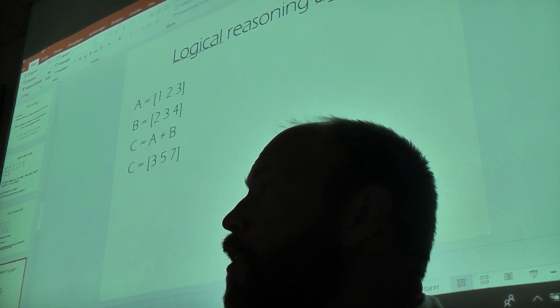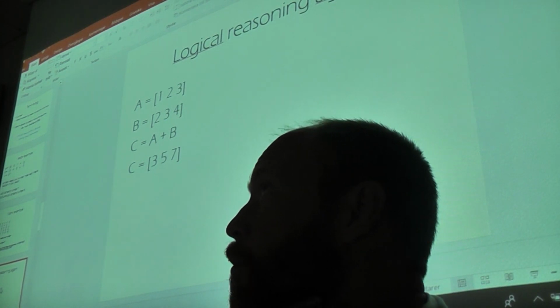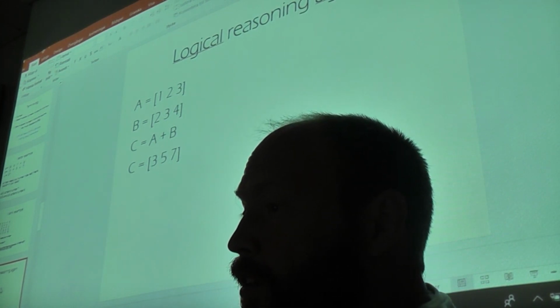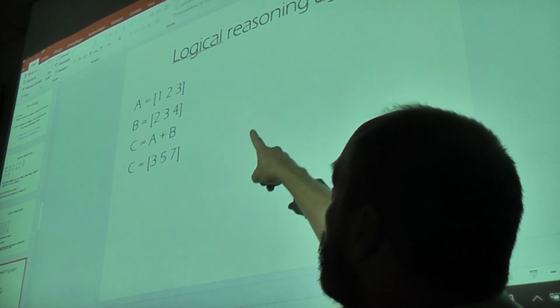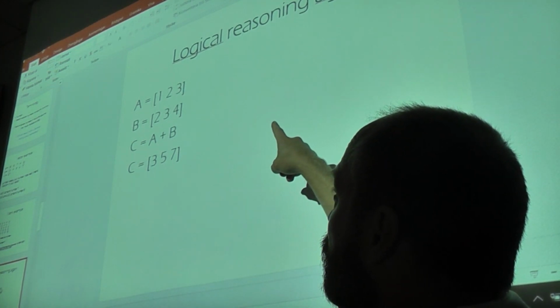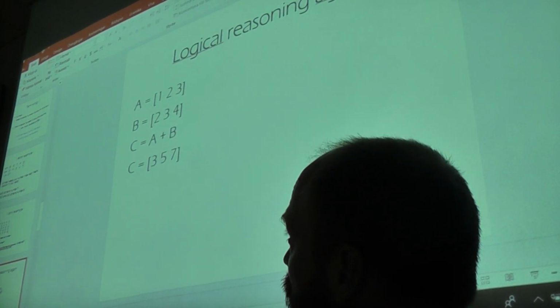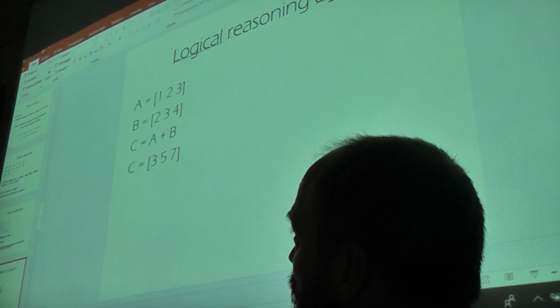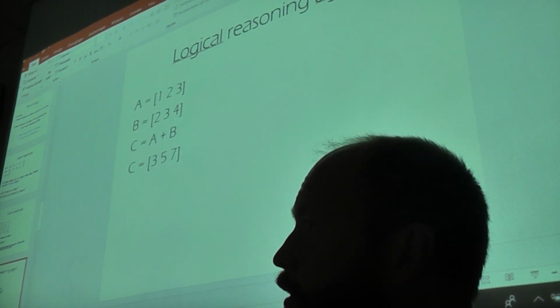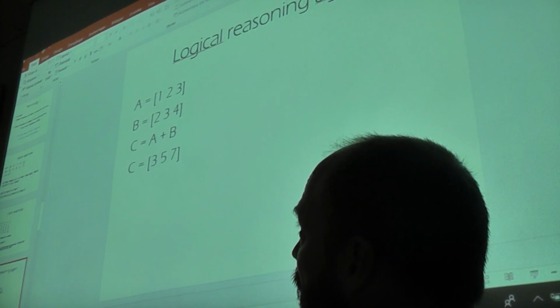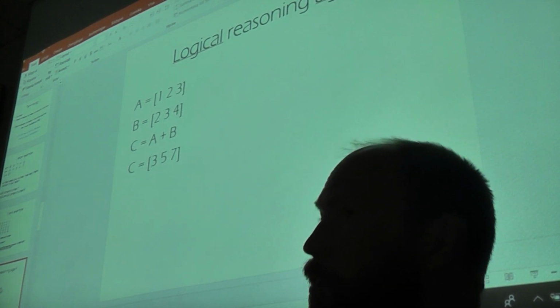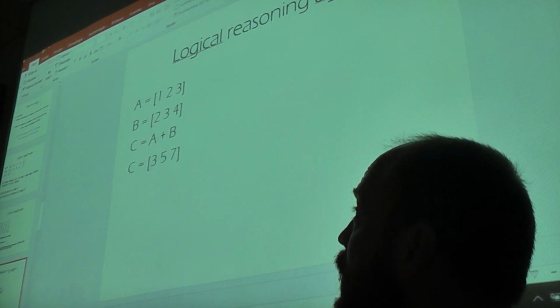Okay, and then you can do things slightly more complicated. If you remember the logical reasoning, you can try this example, and you will see that you will get an answer for C. You can actually type this in MATLAB and you will get an answer out.